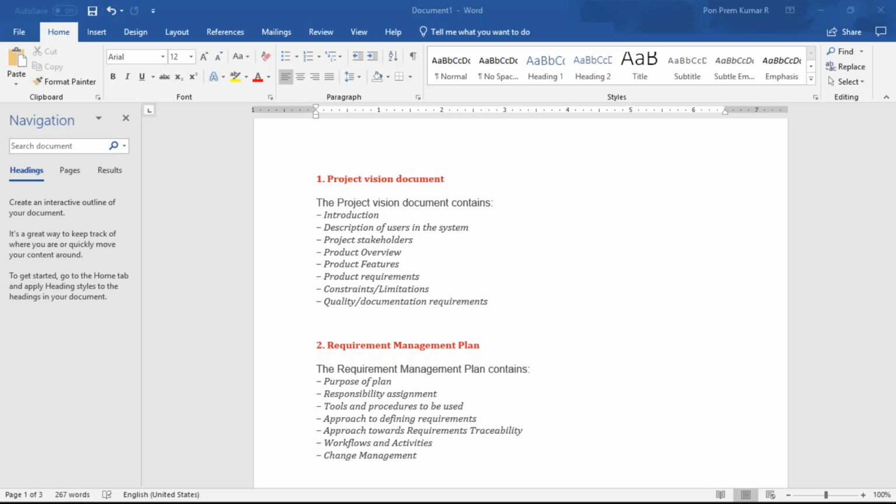Okay, so for today, the agenda for today's training schedule is we will look into what are the different types of documents a business analyst will work on. I have made a compilation of 9 major documents which are related to the BA role. Let me start with the